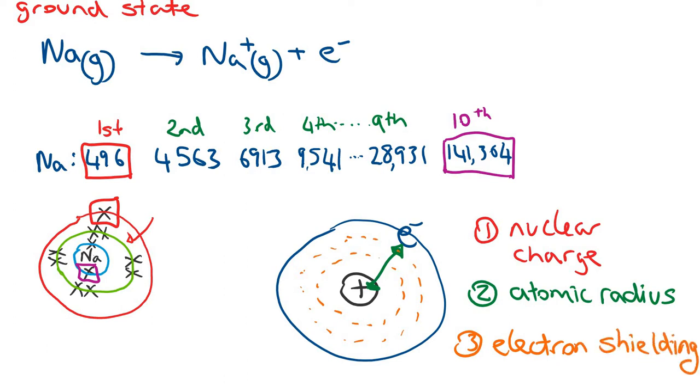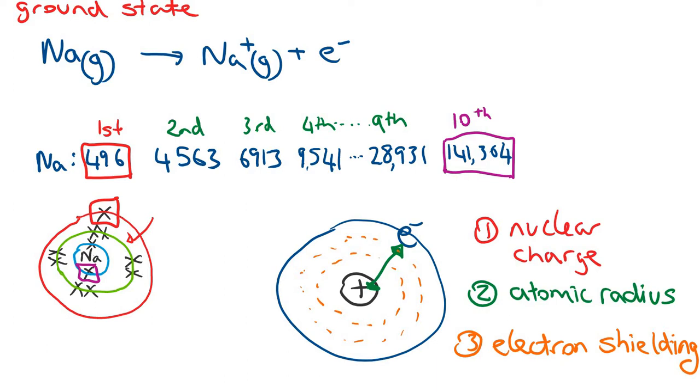The last thing we're going to consider here is something known as electron shielding. Now what that means is that, as we know, if there are inner shells of electrons, those electrons will actually repel the other shells of electrons. Within shells there's slight repelling, but the energy levels or shells will repel each other. So the greater the electron shielding, the easier it is to remove the electron, and so the lower the